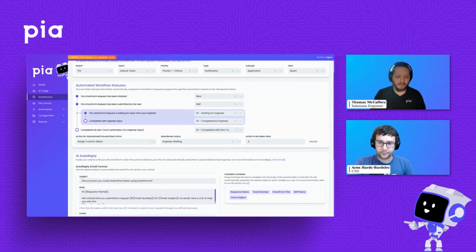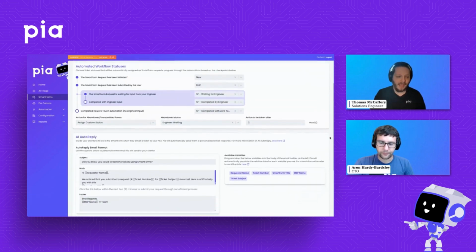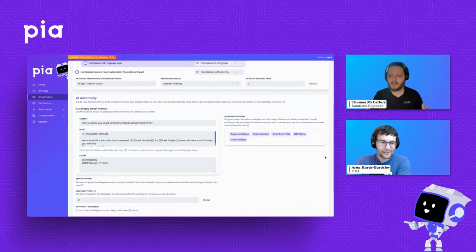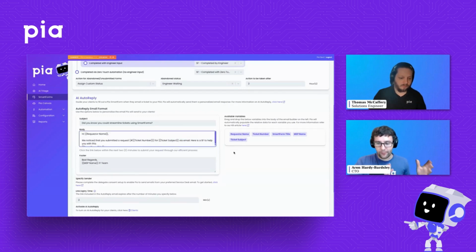Fantastic. Now, continuing down, this one sounds very impressive. AI Auto Reply. Aaron, take us in. What's going on here? Yeah, so we actually launched AI Auto Reply with the AI Triage launch in November at the end of last year. But what AI Auto Reply does, it's a feature that allows you to drive organic adoption with